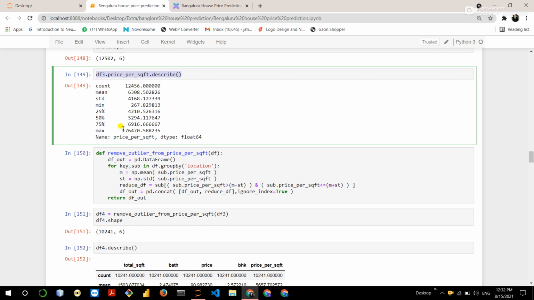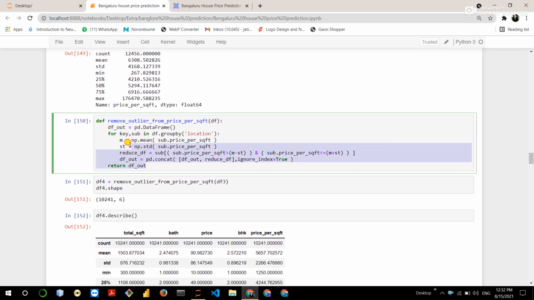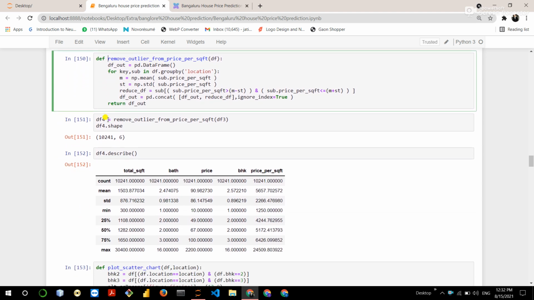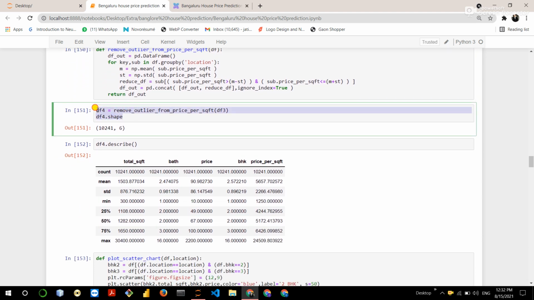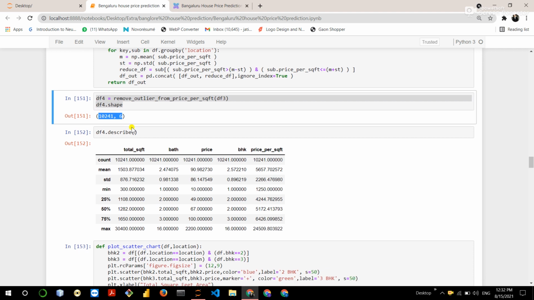Like you can see here, 1,76,470 lakh for a BHK house price. It can't be possible. So I create a function which removes the outliers from the price per square feet. I use a standard deviation technique. Then I apply the function on my dataset, then again check the shape of the dataset,